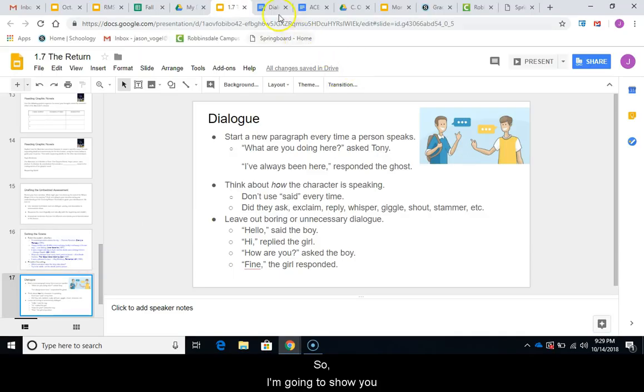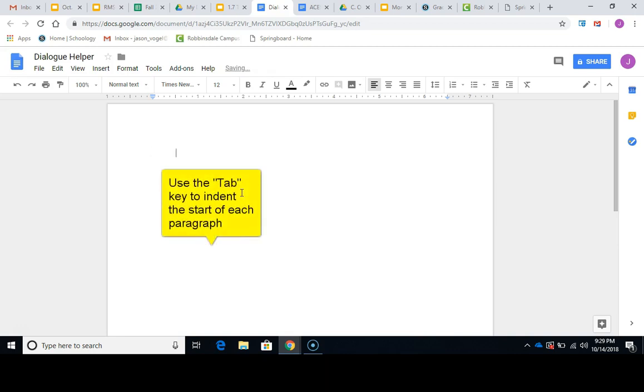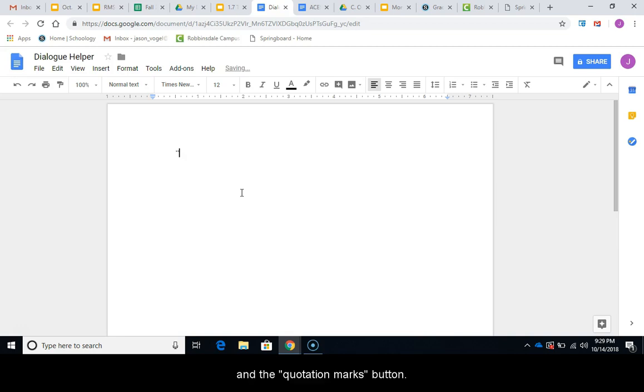So I'm going to show you some different examples of what it might look like for you to have dialogue written in your story. So anytime I'm starting a new paragraph, I'm going to press Tab. That will indent my paragraph, showing the reader it's a new paragraph. I will press Shift and the quotation marks button, and that will pop up 2 quotation marks for me to start my quote. If I have somebody saying, "I want to leave,"